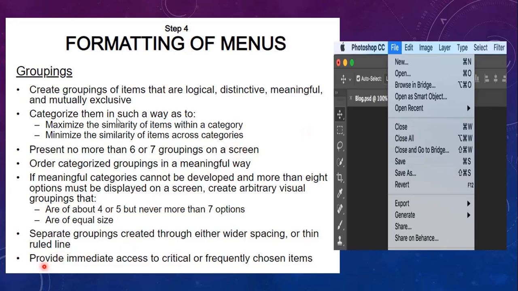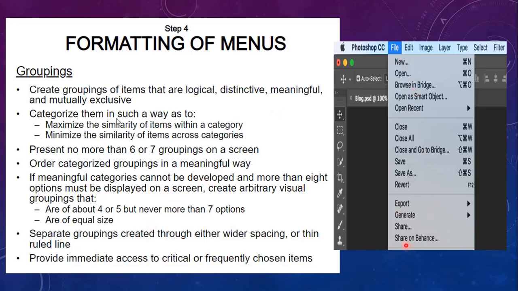And next is provide immediate access to critical or frequently used items. Choices which are very critical or very important or frequently used have to be easily accessed within a few steps. So you have to place the important or frequently used items on the top level or the highest level whenever possible.